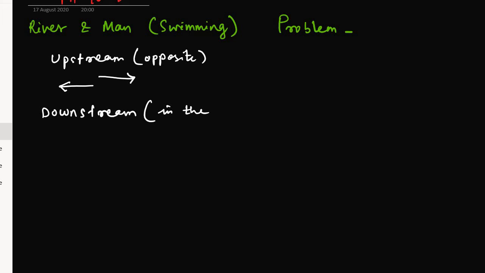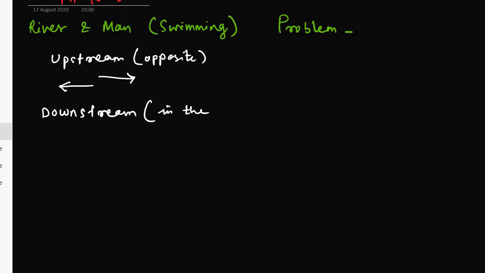Now point straight across means you are just crossing it perpendicular. If you are here, the river is flowing like this, then you are just swimming in this way. You are just crossing the path, but the river will always try to push you to some extent. So how to make it straight across, you must understand that. So we need to draw a diagram for this. Let's draw a diagram first of all.